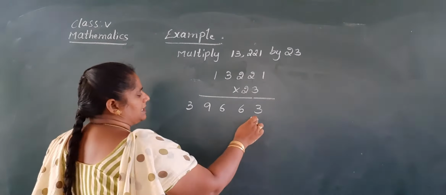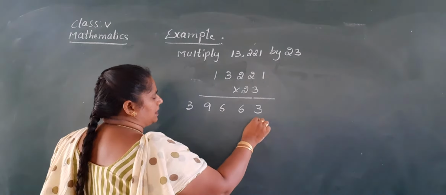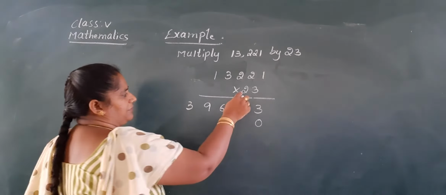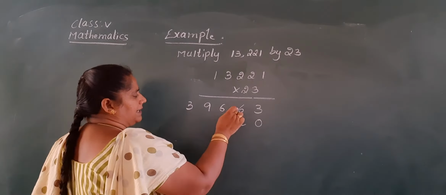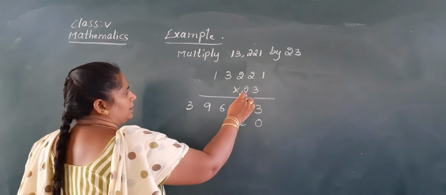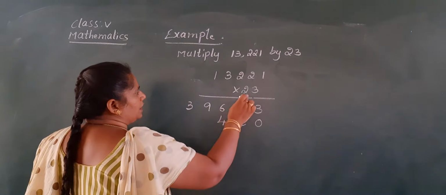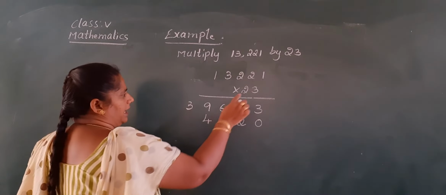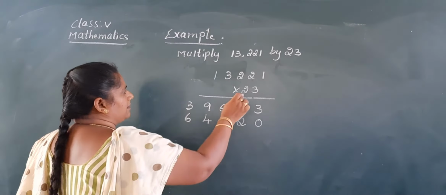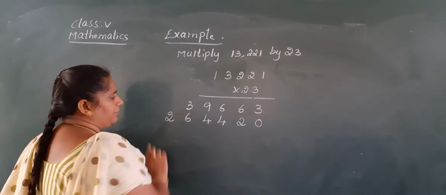Okay, ma? Here this one is completed, so you keep 0. Next start from the tens place. 2 1s are 2. This 2 you write under the tens place only. 2 2s are 4. 2 2s are 4. Number down number is important. 2 3s are 6. 2 1s are 2. Finish.